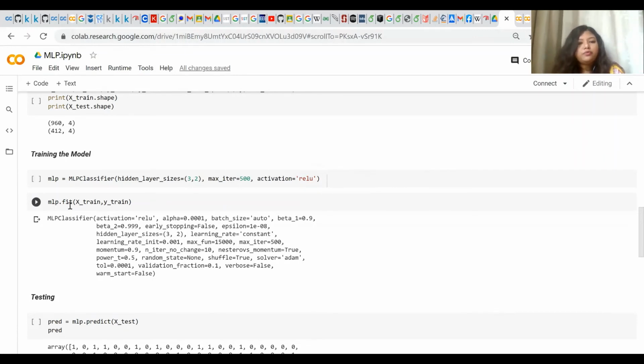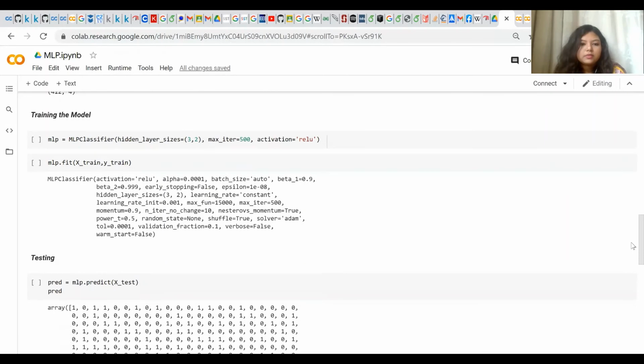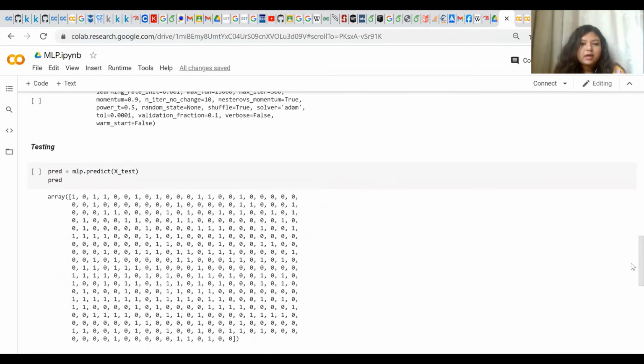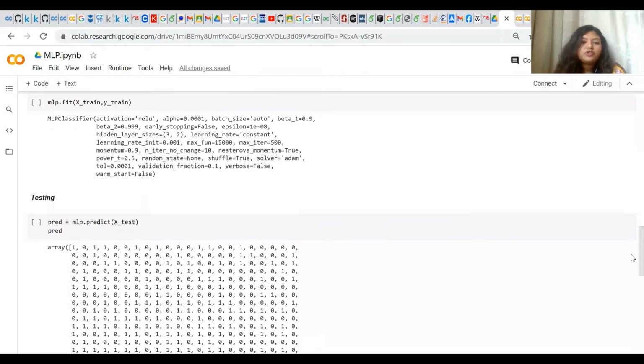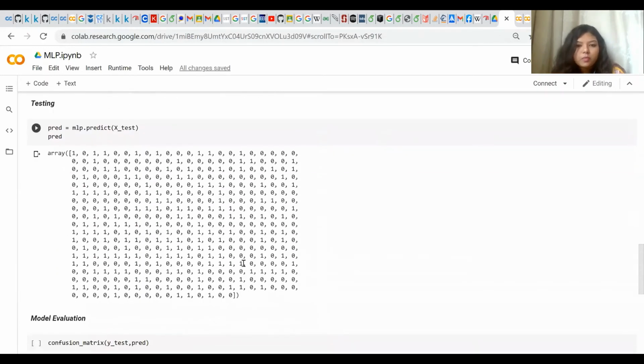By mlp.fit, we have fit the training data X_train, y_train into the multilayer perceptron model. After finishing 500 iterations of training, we have tested the data, and we can see the predictions of the multilayer perceptron here.